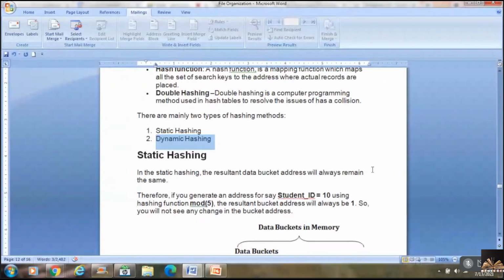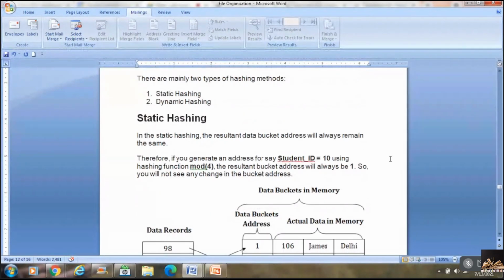That is, whenever you generate an address for a student ID 10 using hash function mod 5, the resultant bucket address will be the same. If I'm working with 4 over here instead of 5, what does this give me?